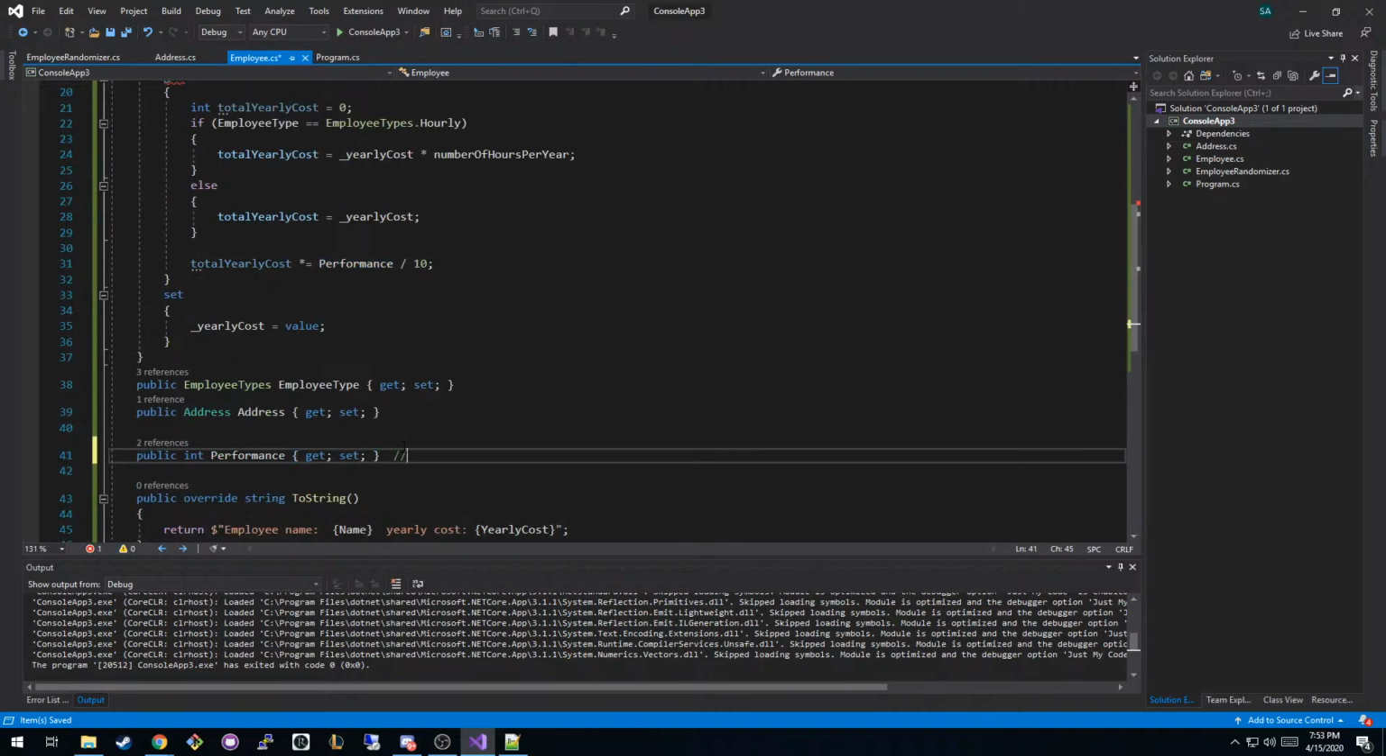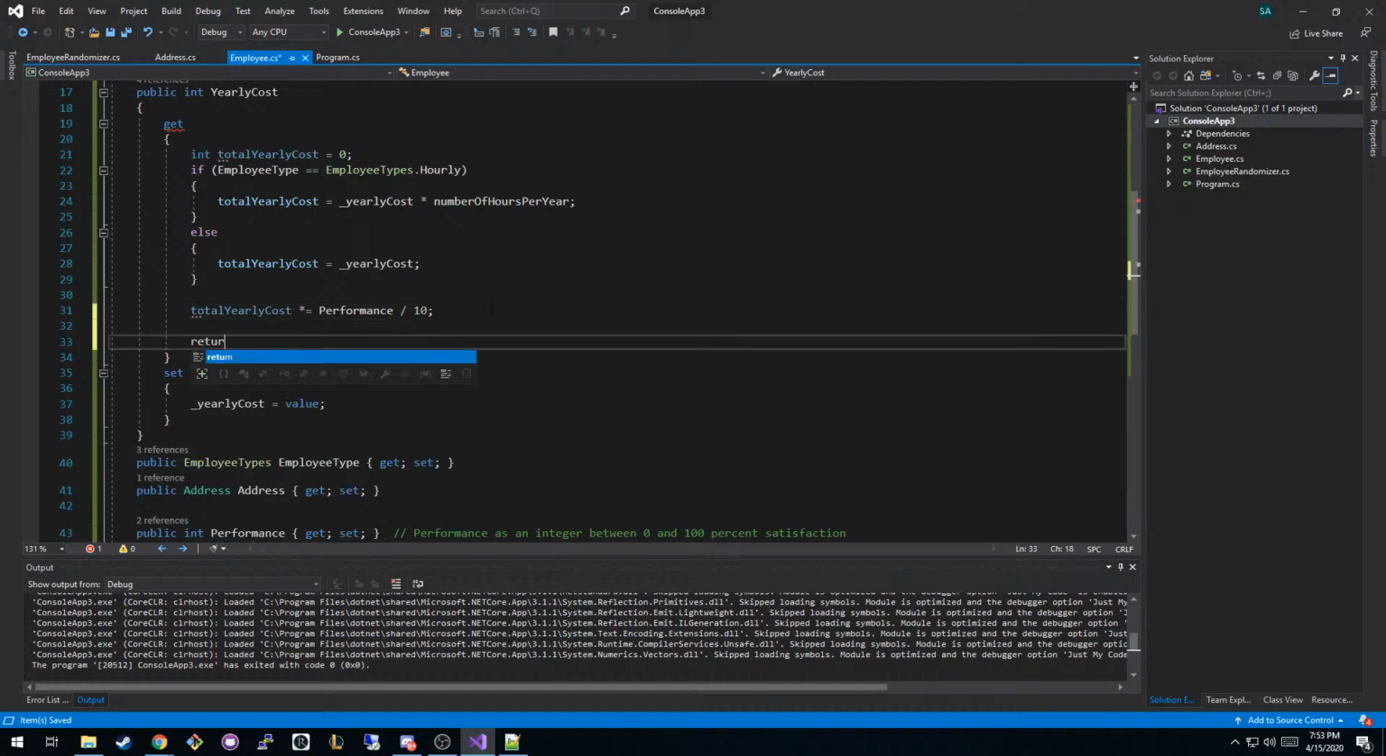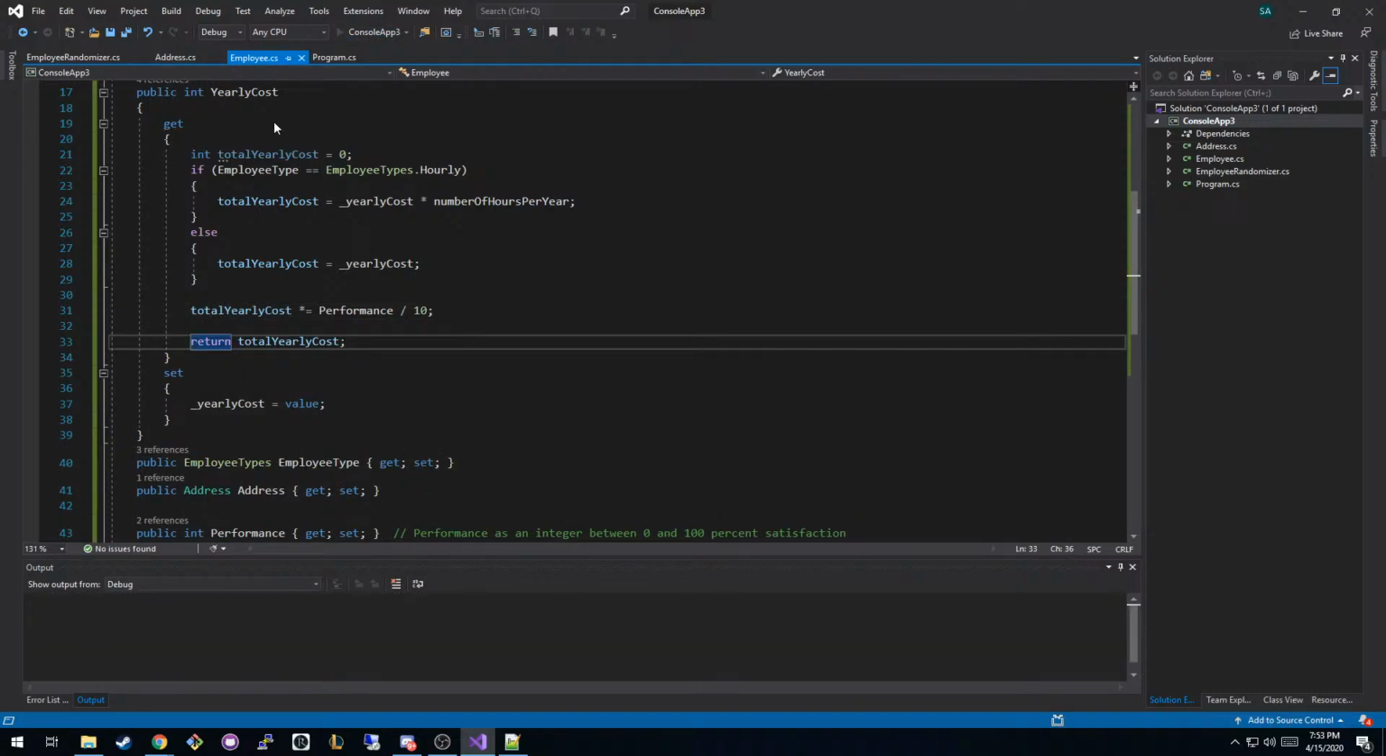And we will say performance as an integer between 0 and 100% satisfaction. And then we want to return that total yearly cost. If we run that guy,